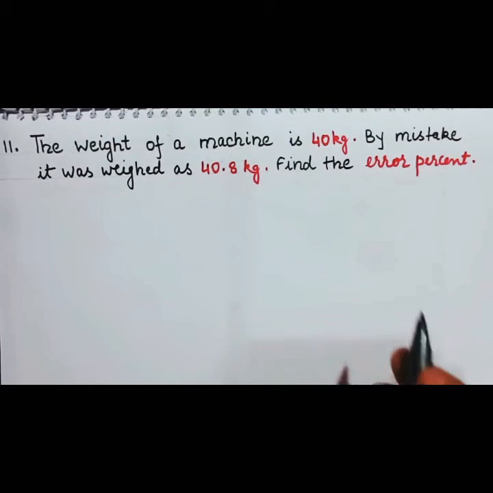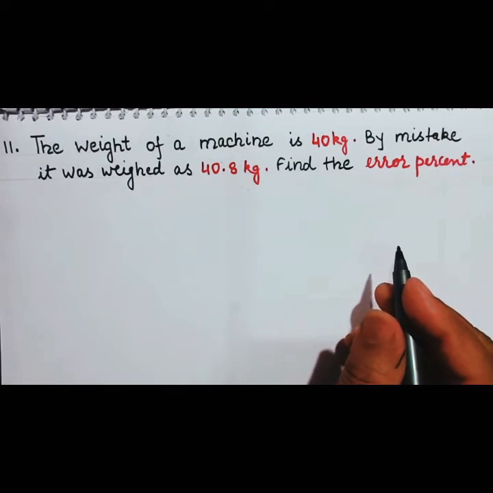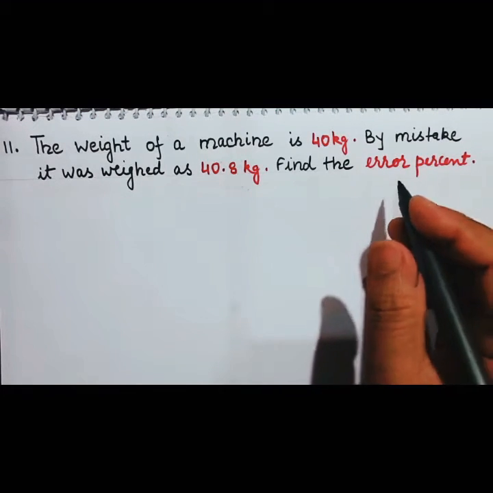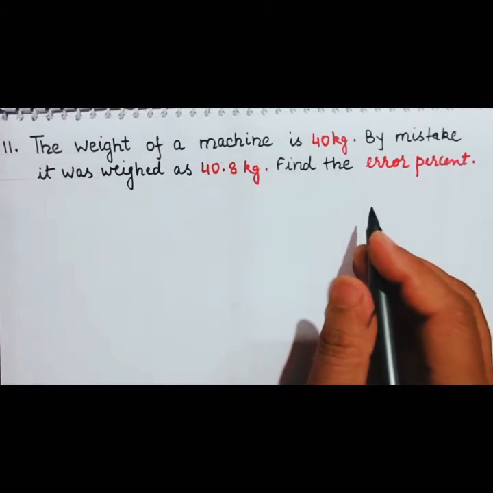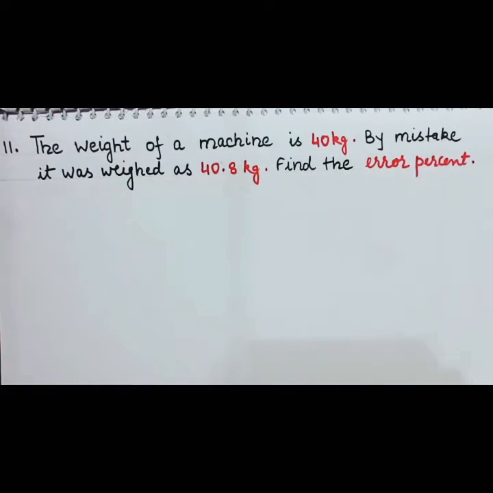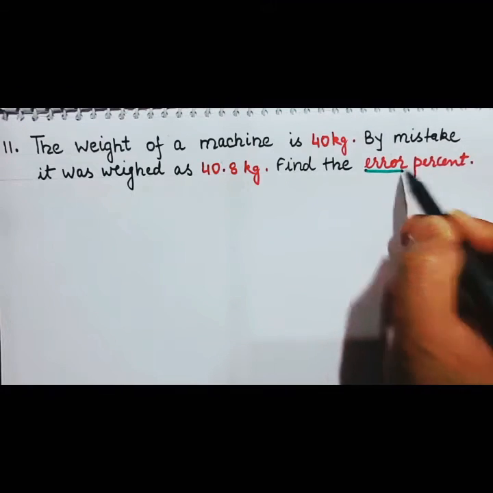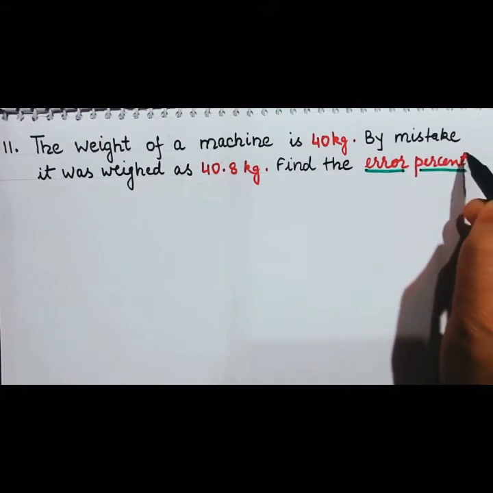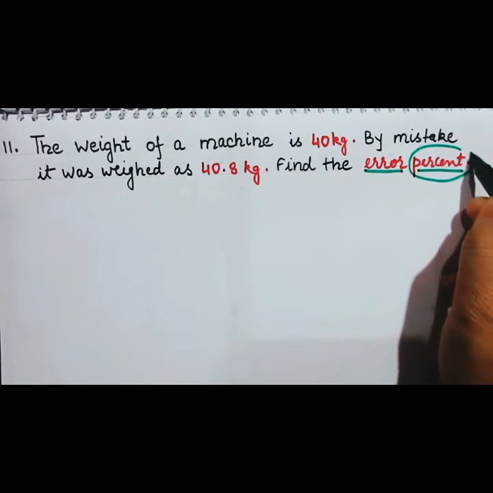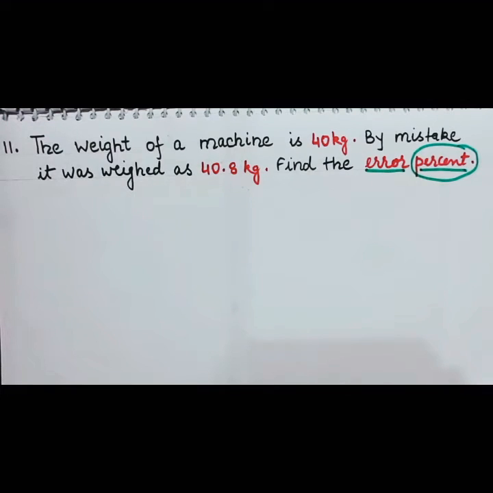So as we are proceeding towards the end of the chapter, I find that certain new things are being constantly added. Here we find that they are not asking the error, but they are asking the error percent. What is this error percent? So let's first